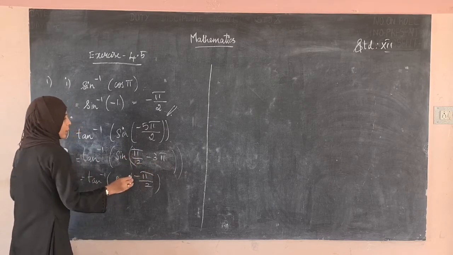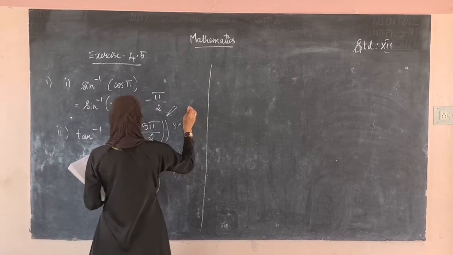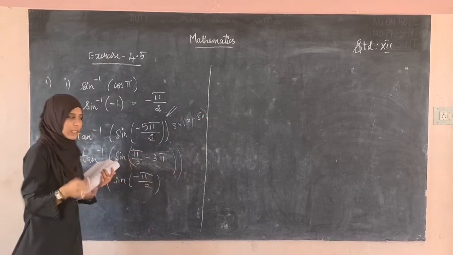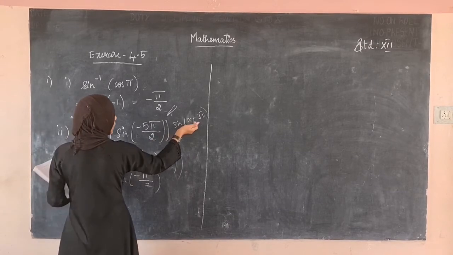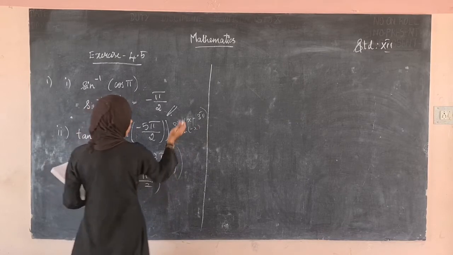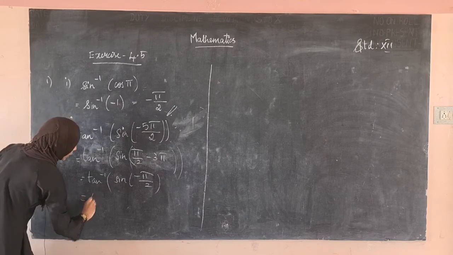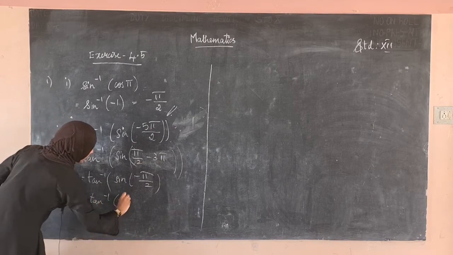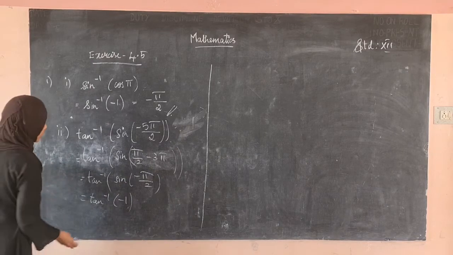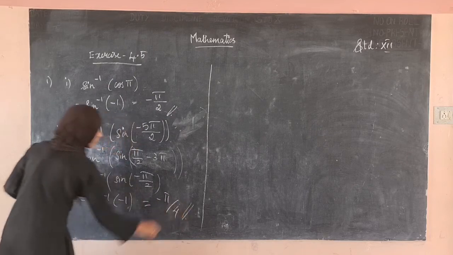So from this, we know that sine of x minus 3 pi, or 3 pi, 6 pi, etc. What does it become? Sine of x minus 3 pi is sine of minus x. Using this identity, we are writing sine of minus pi by 2. What's the value of sine of minus pi by 2? That is minus 1. What's the value of tan inverse of minus 1? Tan inverse of 1 is pi by 4. Then tan inverse of minus 1 is minus pi divided by 4. This is the value now.